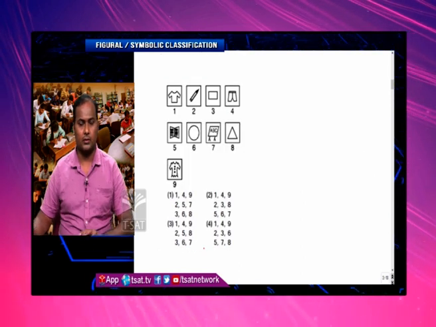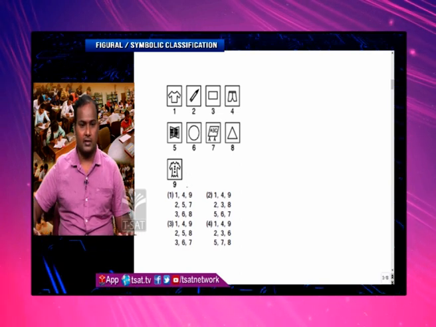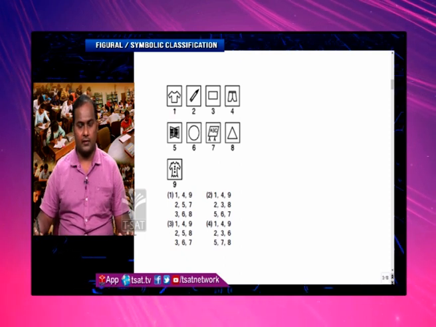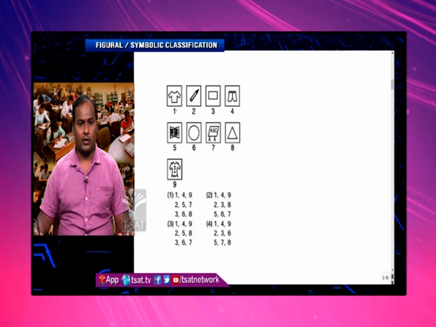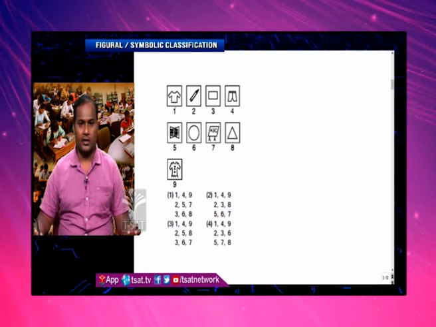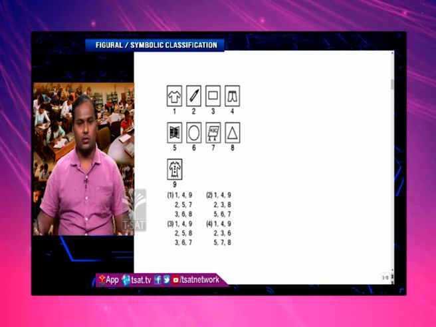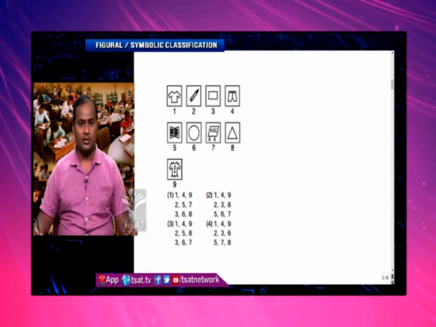So this is one more question. Here also 9 figures are given, and these 9 figures are classified into 3 groups. Now see the first figure. What can you observe in the first figure? In the first figure, I can observe something like a shirt or a garment. In the same way, you try to check where in other figures you can find this kind of